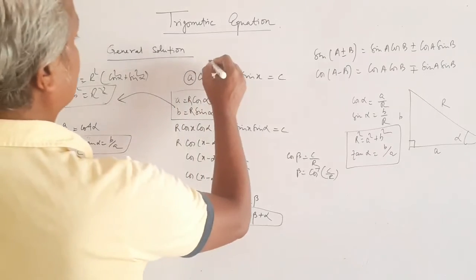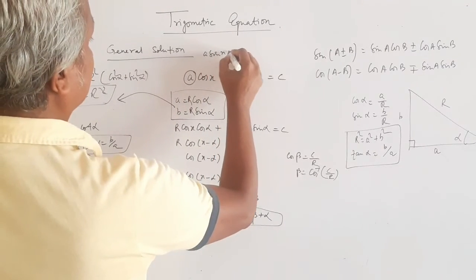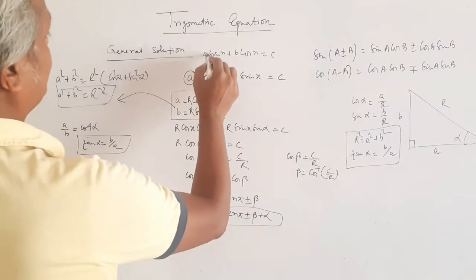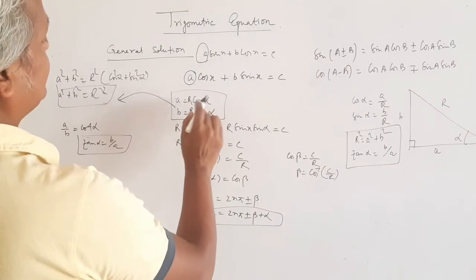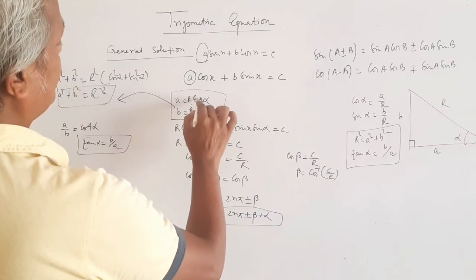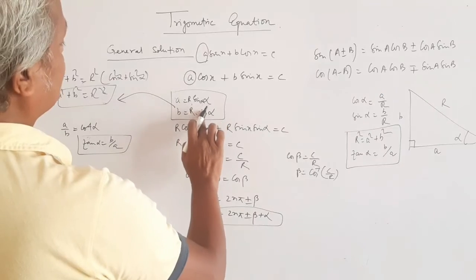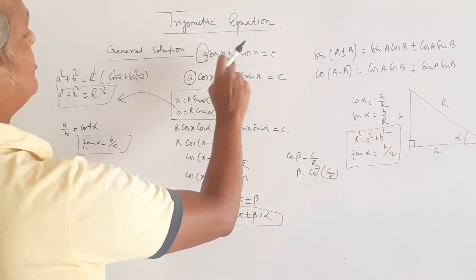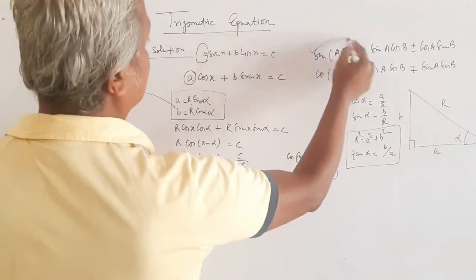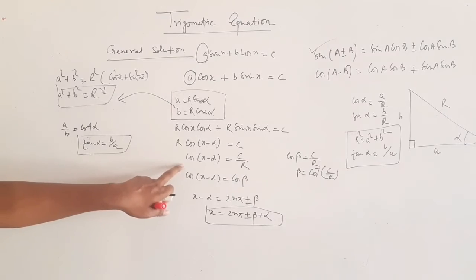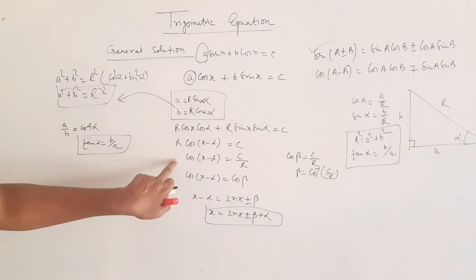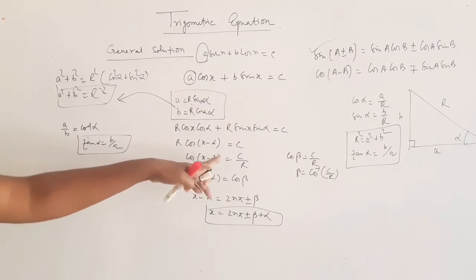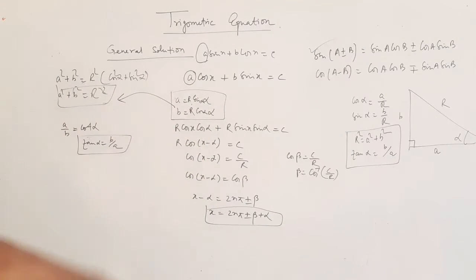The other equation, which was of the form a sin x plus b cos x equal to c: in that condition we'll make our assumption, a is r sin alpha and b is r cos alpha. So this expression becomes r times sin x cos alpha plus cos x sin alpha, and it goes into that category. Here, instead of cos, you have the form sin of x plus or minus alpha, and then again you can get the answer in that way.